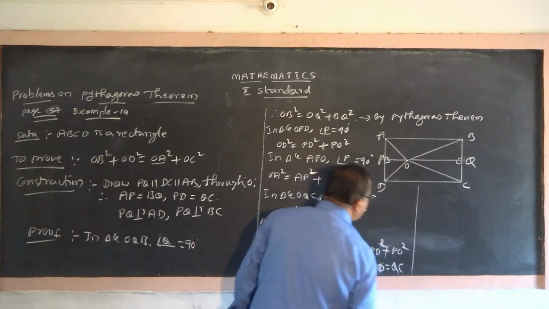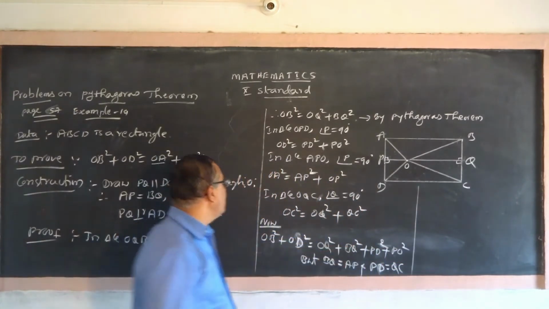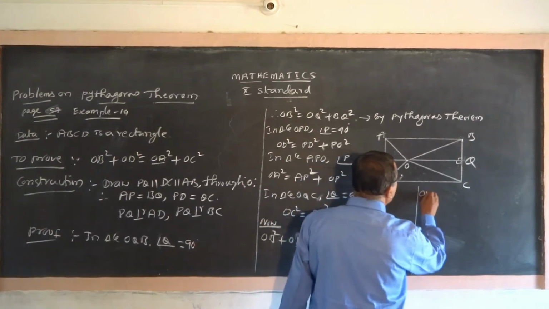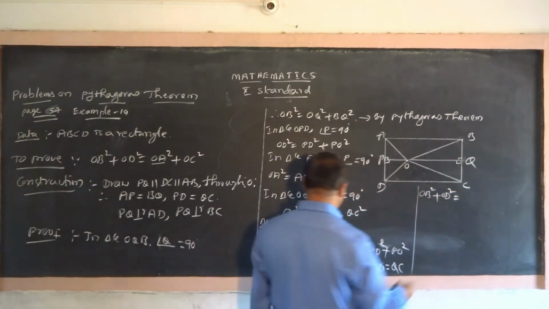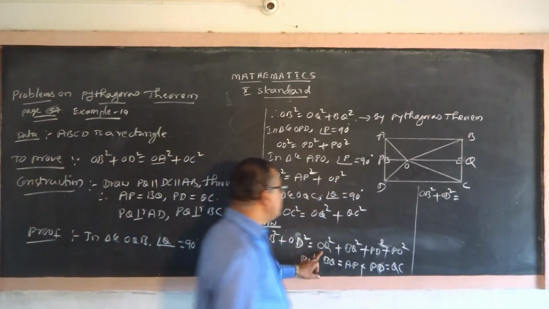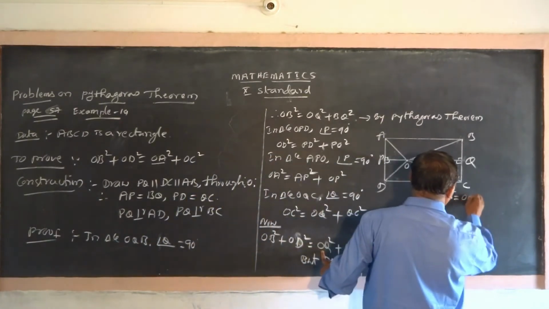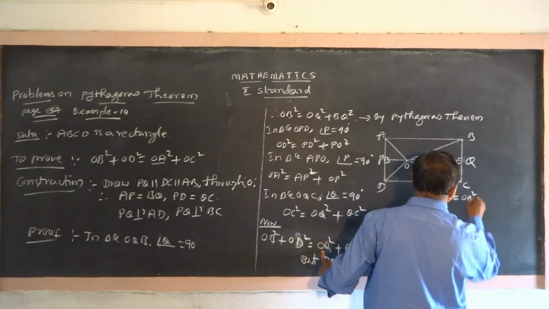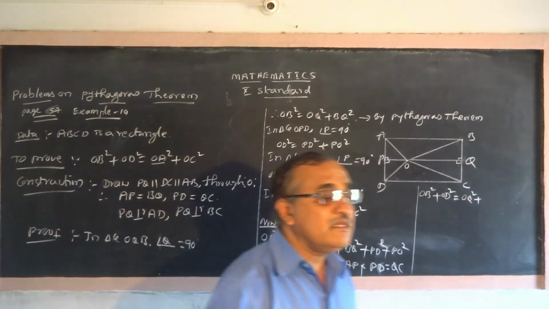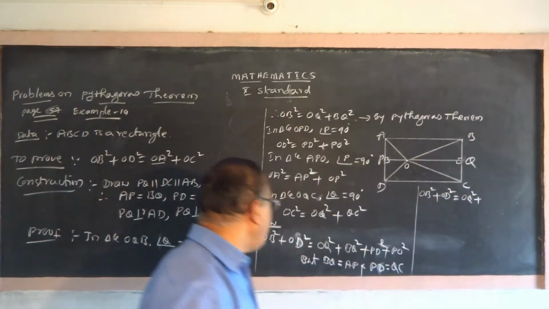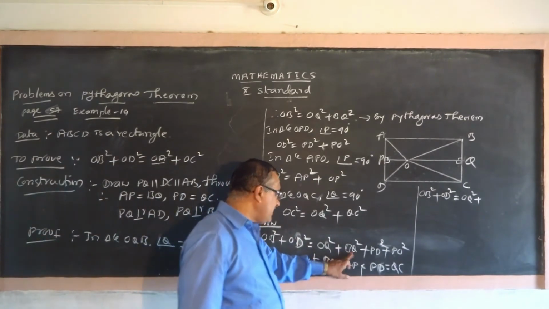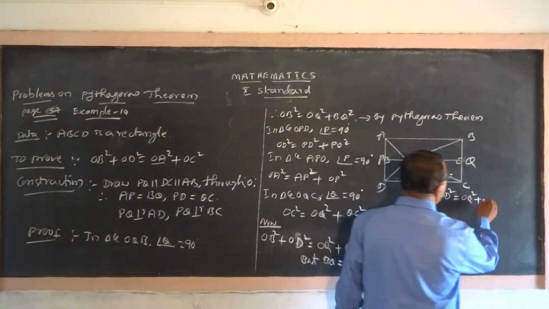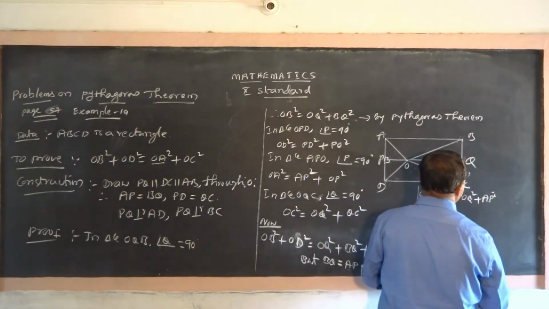PD equals QC. Substitute these values here. Then OP square plus OD square is equal to OQ square plus OQ square plus next. Instead of BQ, you write AP. BQ becomes AP. AP square plus